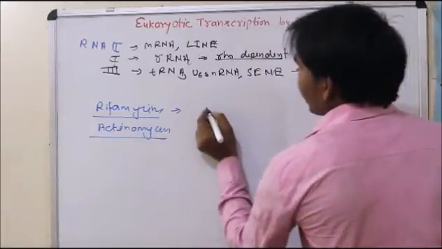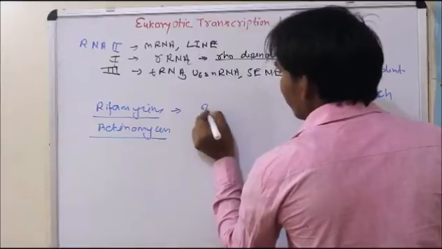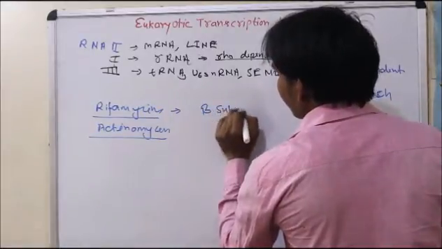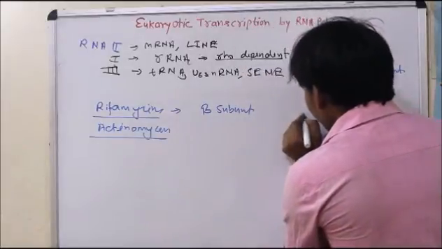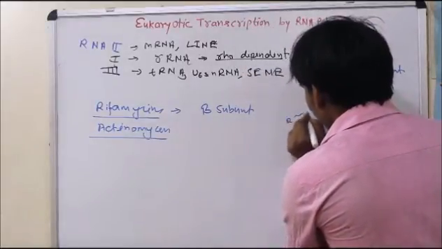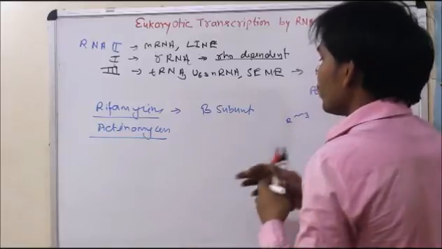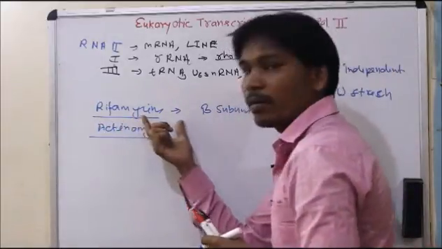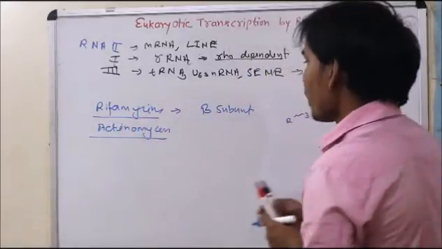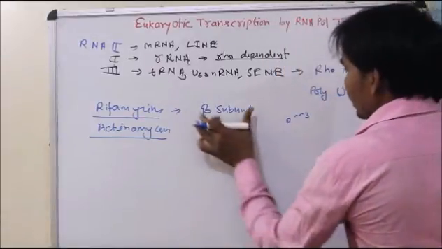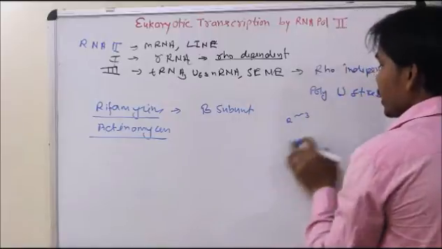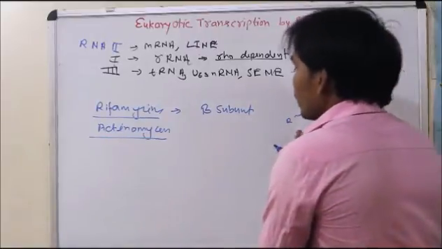Rifamycin binds to the beta subunit of RNA polymerase II, and synthesis of only about 2 to 3 nucleotides occurs due to the binding of the beta subunit by rifamycin. Rifamycin, also called rifampicin, binds the beta subunit of RNA polymerase II and inhibits